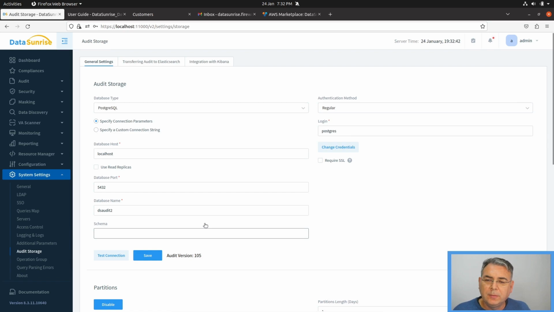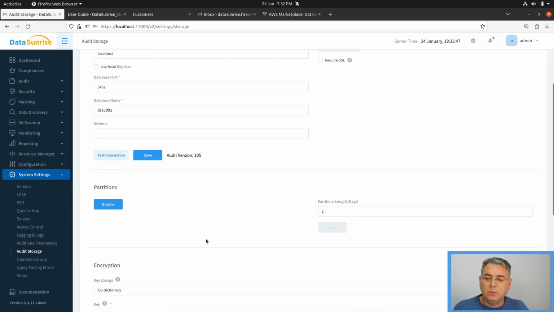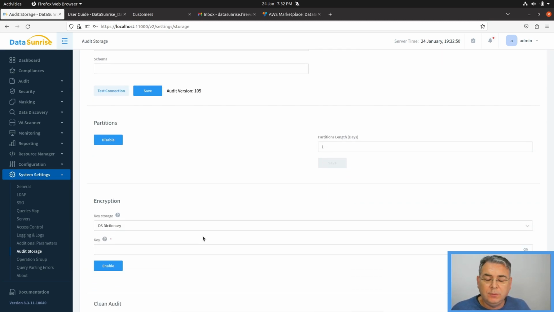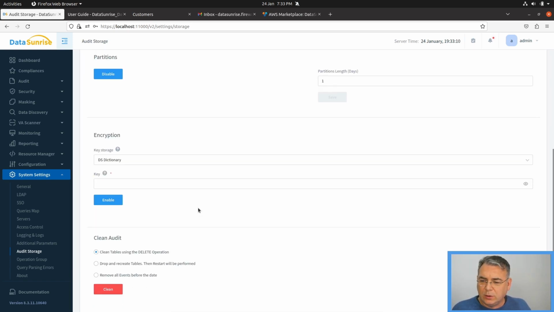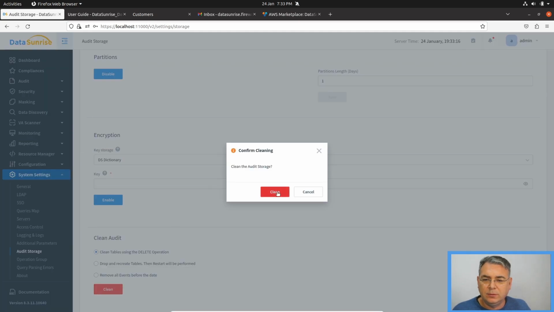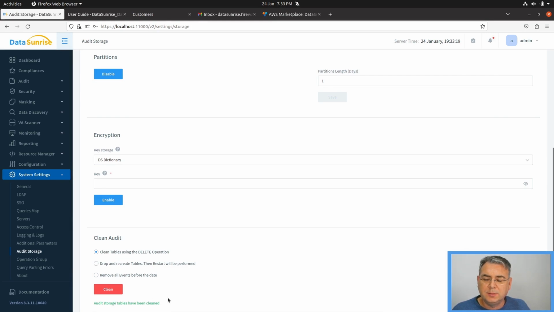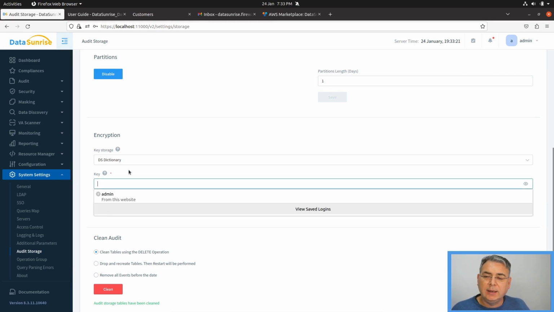So for the Audit storage, it's recommended that it should be cleaned, right? And when you want to do that, please bear in mind that if you clean the data out of the Audit storage, DataSunrise will purge the entire Audit storage database. So that's why it's advised to do it at the initial stage of production or the POC process if you want to test this feature, right? So first of all, I'm going to clean all tables with the delete operation. It's the default option. Now the Audit storage has been cleaned, and now I can enable